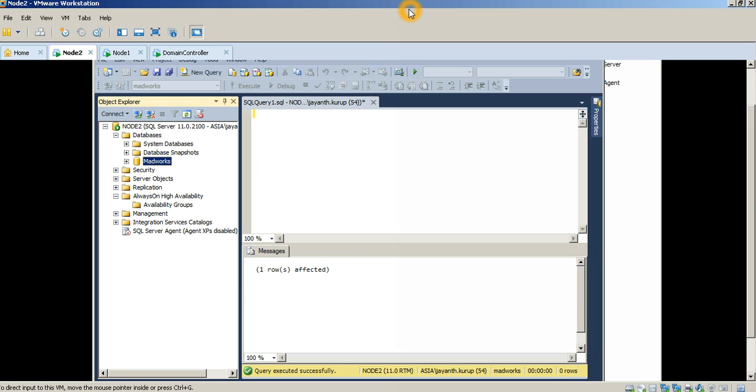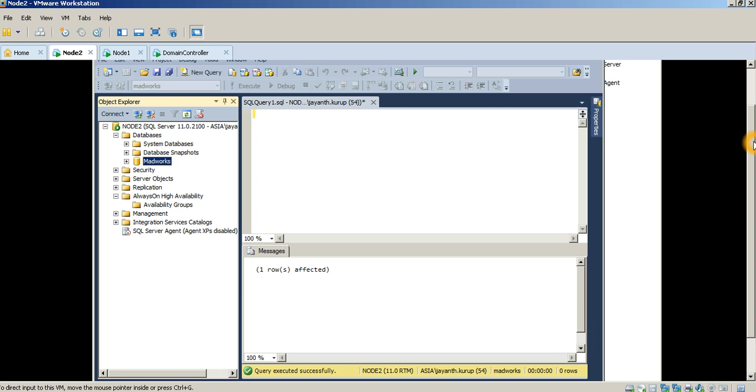As you can see, to simulate this environment, I've gone ahead and installed VMware Workstation 9, and I've already configured the failover cluster. So I've got a domain controller and I've got node 1 and node 2, and on these nodes I've configured the failover cluster as well as installed SQL Server as a standalone instance. Now that I've done this, I have the prerequisites or the basic foundation to go ahead and configure an AlwaysON